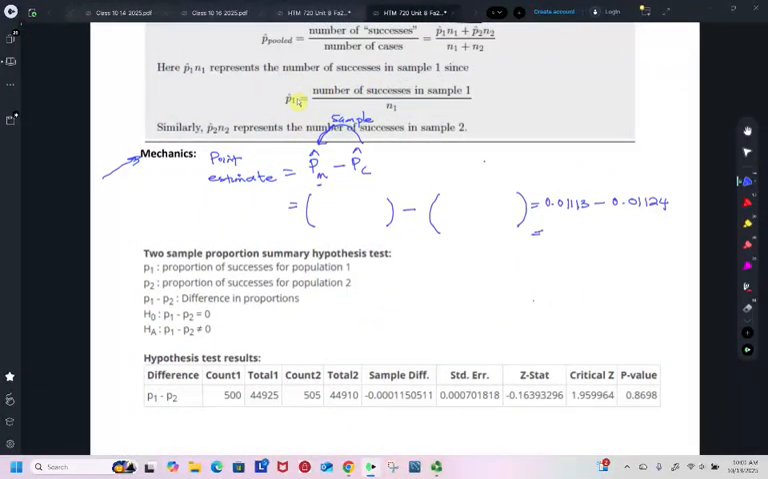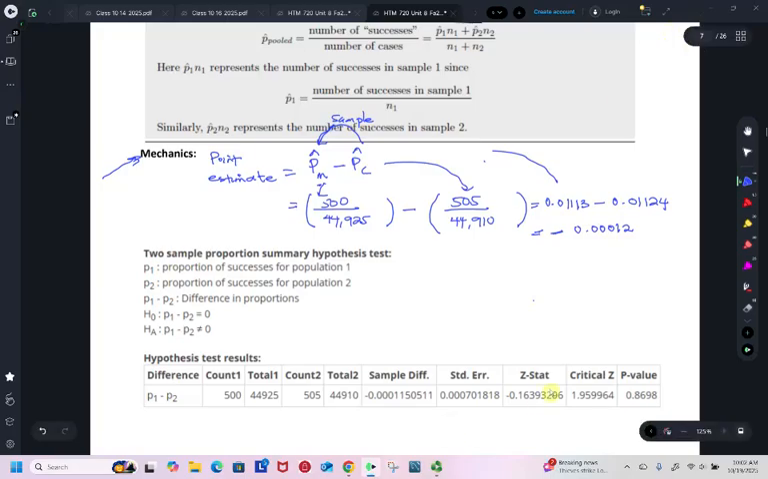In the mammogram group, we have 500 out of 44,925 compared with those in the control group, that is 505 out of 44,910. That would give us 0.01113 minus 0.01124. And that will give us approximately negative 0.00012. Well, with that done, let us see if we can use StatCrunch to compute all the necessary values that